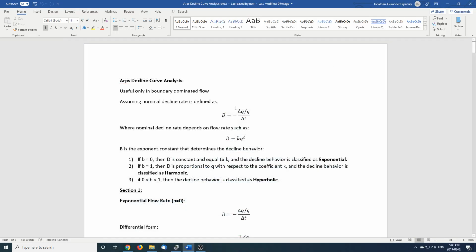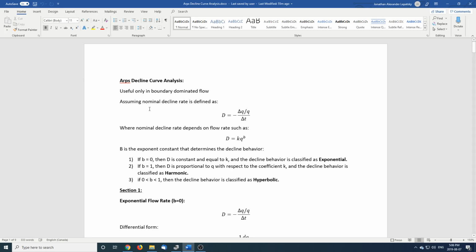All right, so what we're going to look at today is the Arps decline curve analysis. This is only useful in boundary dominated flow, not infinite acting flow. These equations and relationships won't work in that case. It will only work if the system's already in boundary dominated flow. All right, so to do these Arps